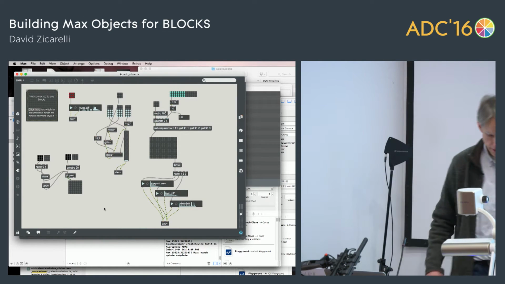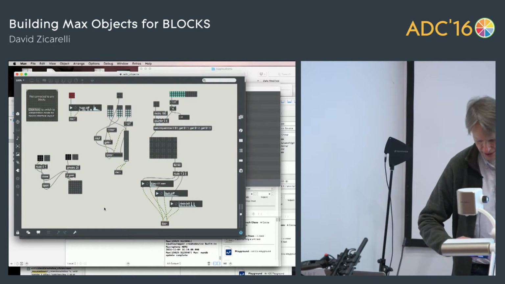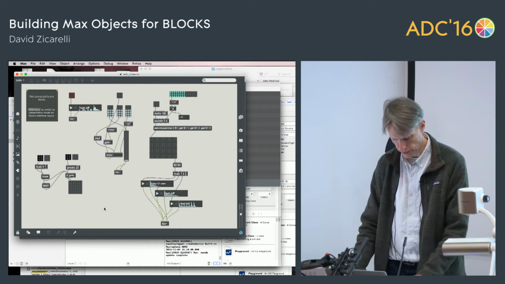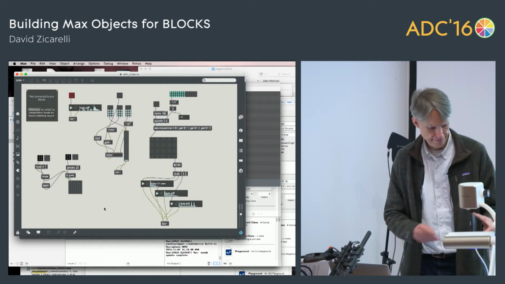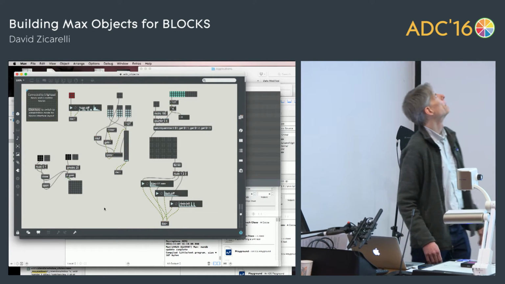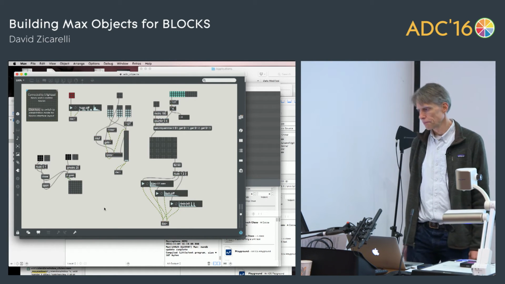That's not a good sign. Let's see if I turn this on. Interesting. Maybe the whole demo won't work. Oh, here we go. Now it says it's connected to one LightPad block.